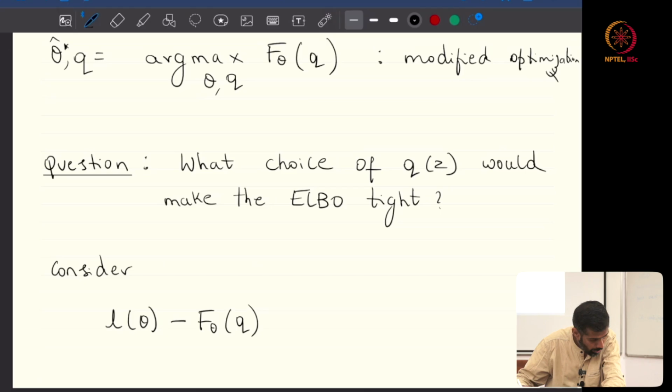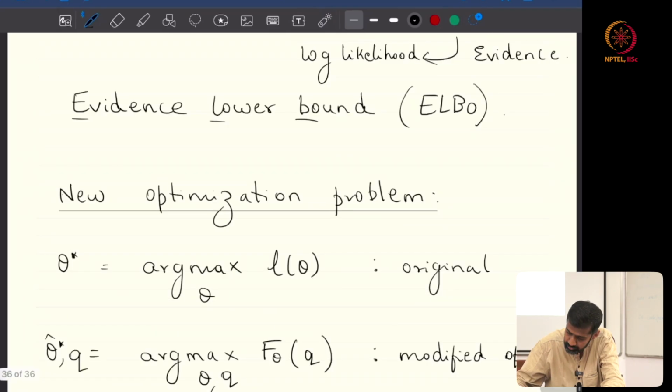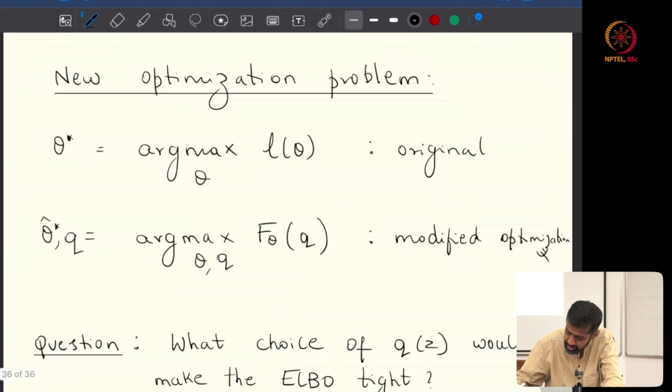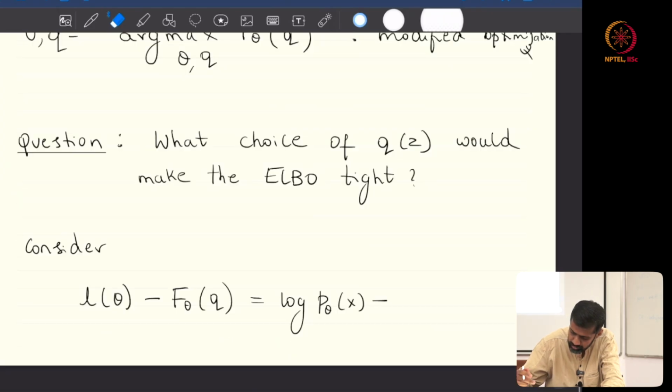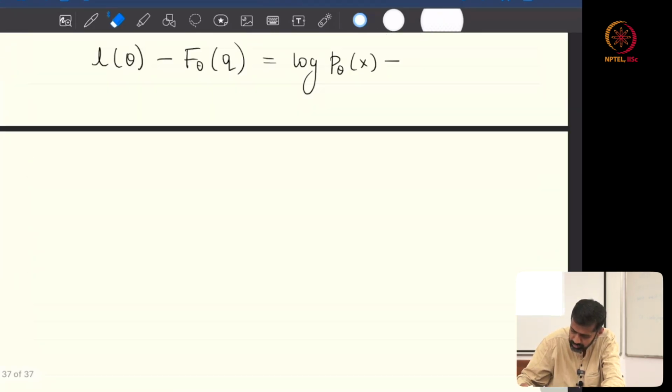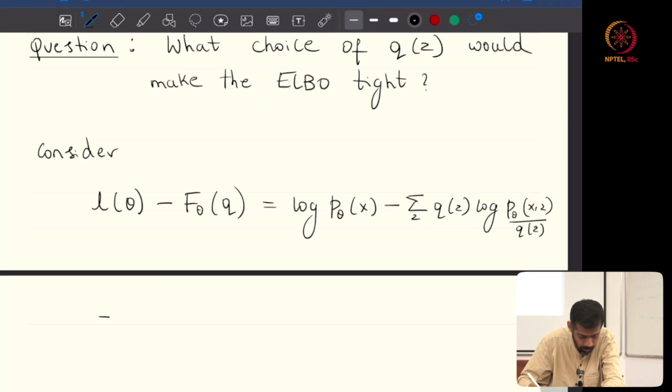So what is this gap? This gap is log P theta of x minus that expectation, which is the sum over z of QZ times log P theta of x and z divided by QZ, right? This is what it is. This is equal to,